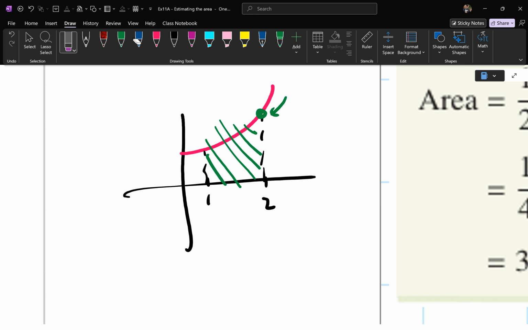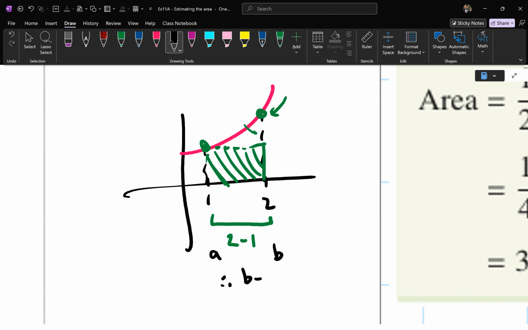But then if I use the left end point, so let's say from number 1, that gives me this height. That's now an underestimate. So what they then say is like, well, that's one rectangle. I'm losing too much of an area. What if I made the width of the rectangle smaller? So they're saying the width is currently 2 minus 1, or in their terms, they say B, and that's A. So the difference must be B minus A. But then if you divide them by the number of rectangles you can get, theoretically,